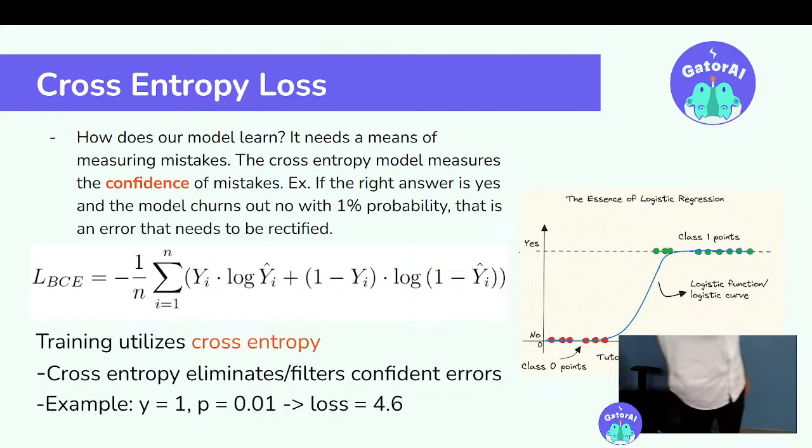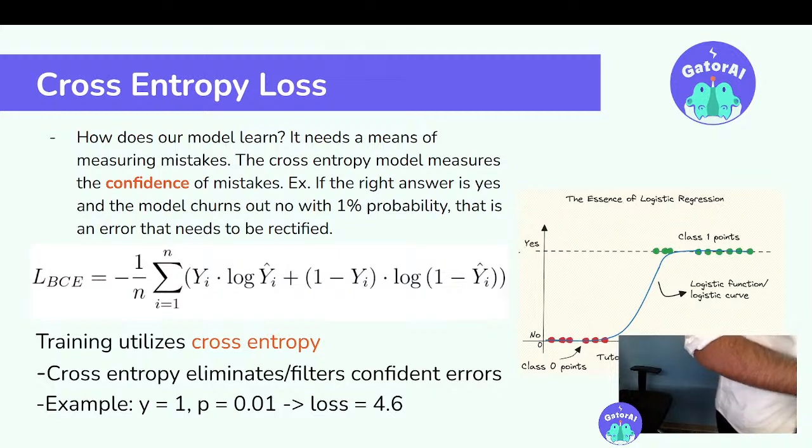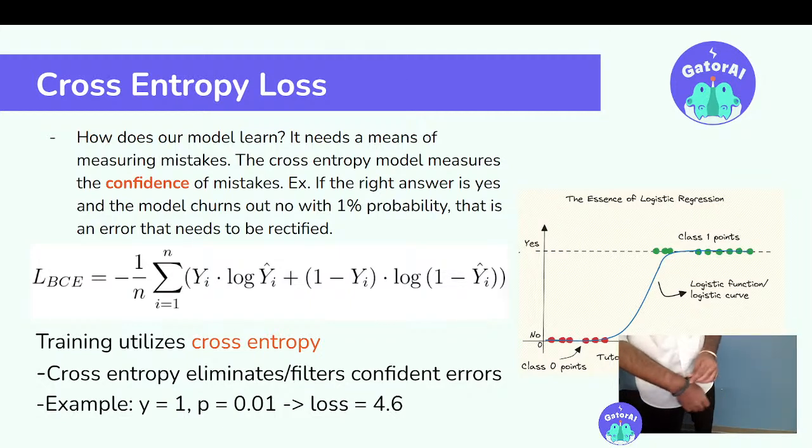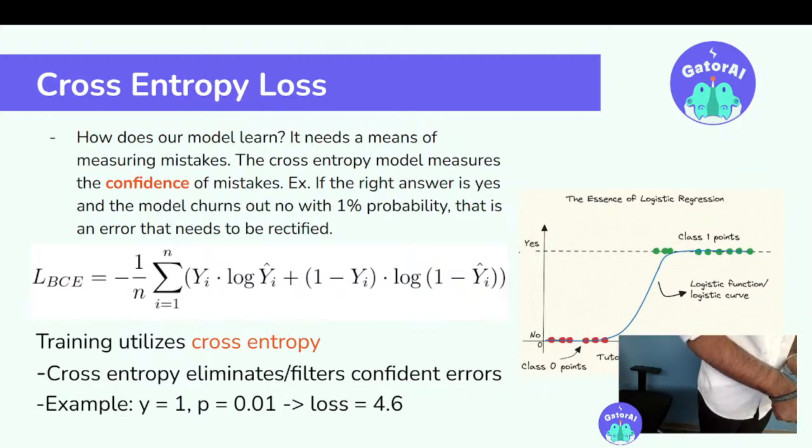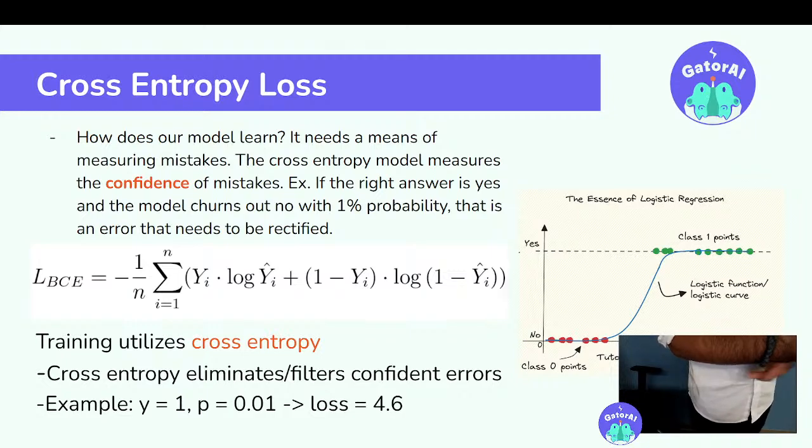All right, we have cross-entropy loss. We figured out how logistic regression produces the probabilities, but what we really want to figure out is, how does the model learn? How does it build upon its past mistakes, and how does it constantly improve? We improve that by introducing loss functions. As mentioned before, a loss function tells you how often an error happens. So if you know how often an error happens, you can